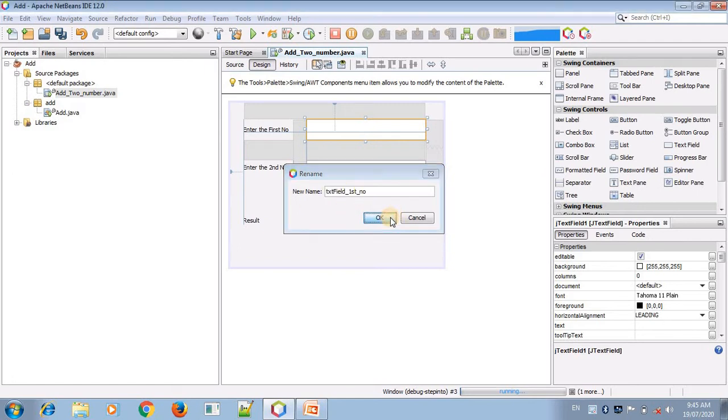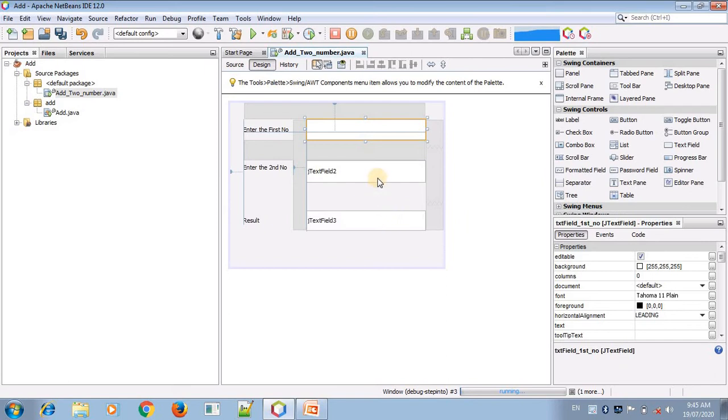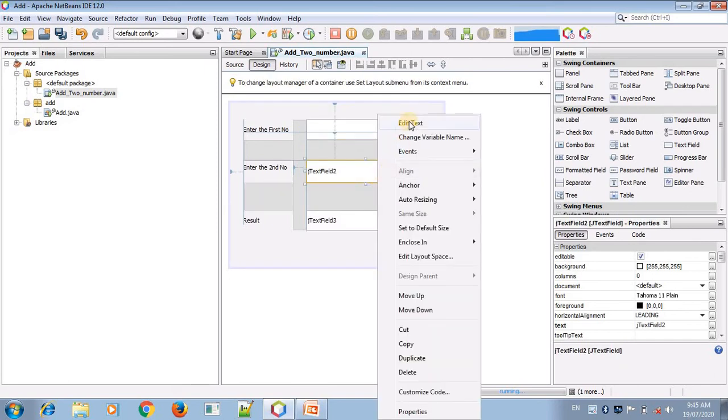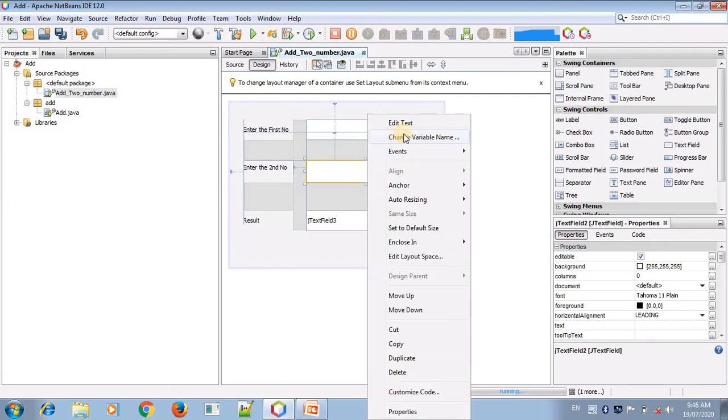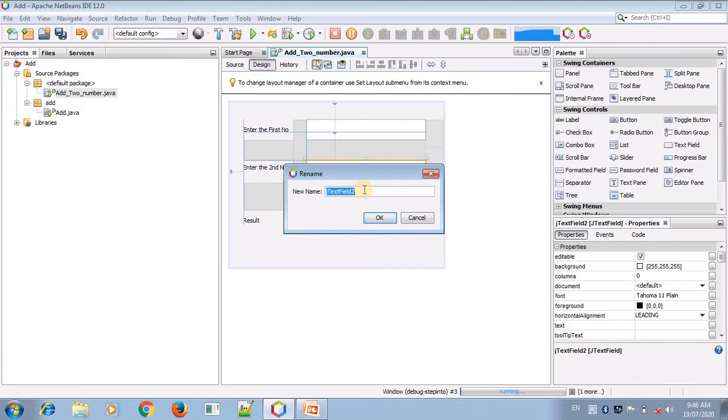Similarly, we are going to do the second text field. First click on edit text, then press backspace on the keyboard. All text is removed. Then click outside, right click on the text box and click on change variable name. Here similarly we write txt underscore second number. Click on OK.